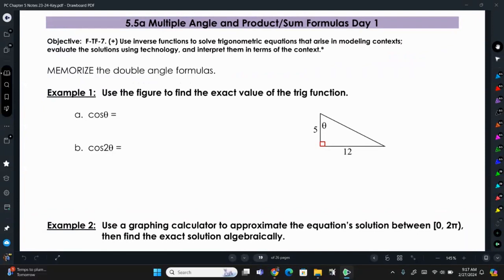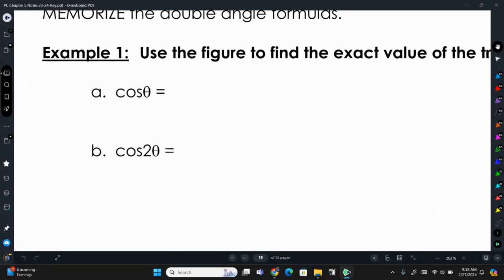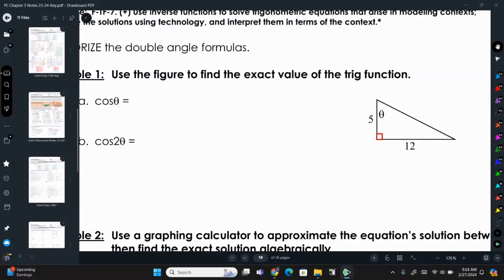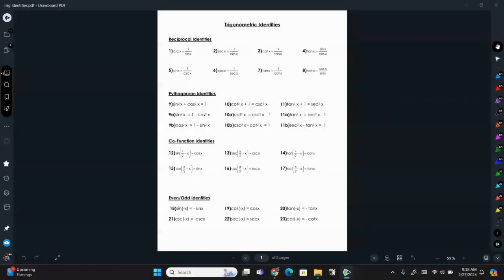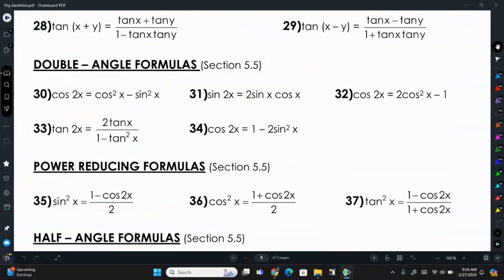Cosine of 2 theta equals pi over 2, and we had to go around the circle twice because of that 2. So we're going to revisit that. Now on our formula sheet, I want to point out for the double angle formulas right here that for cosine of 2x, there are 3 different formulas we could use